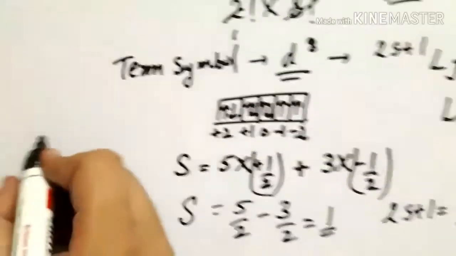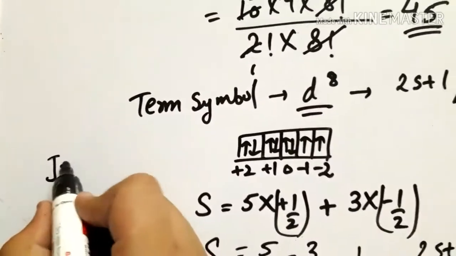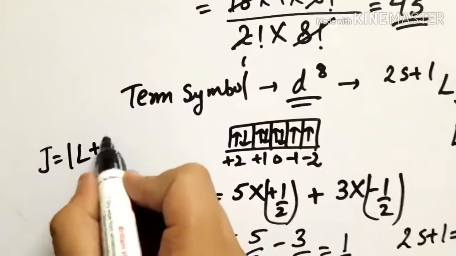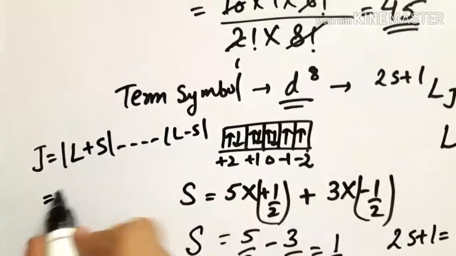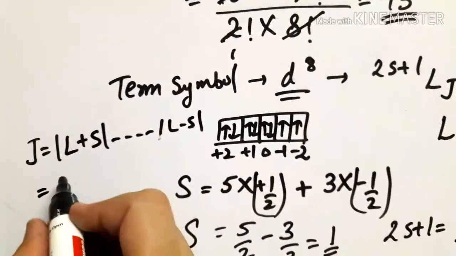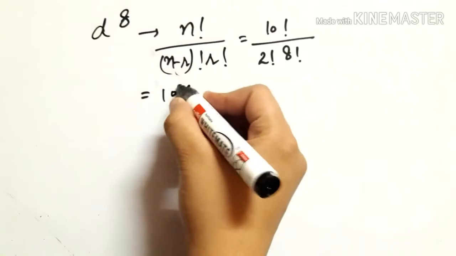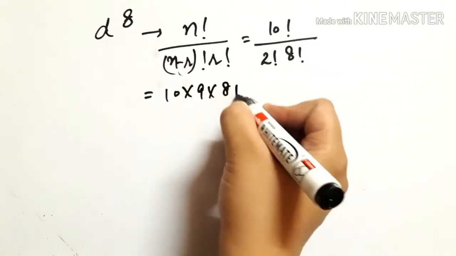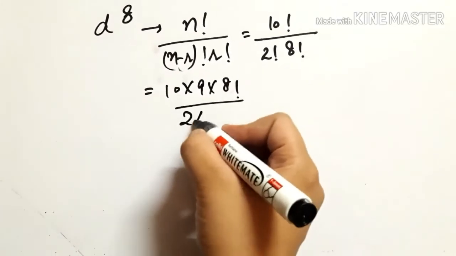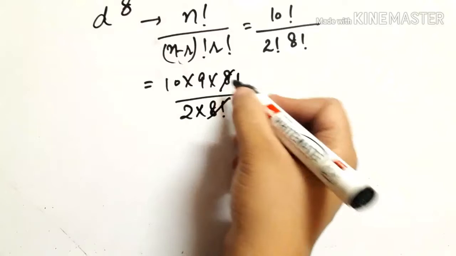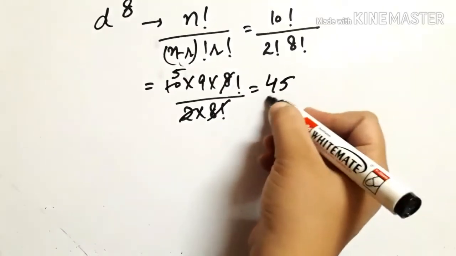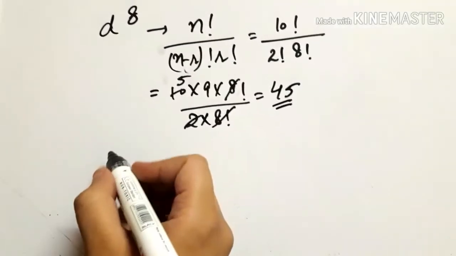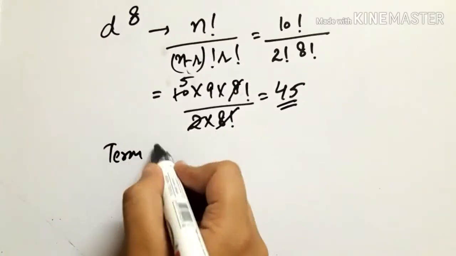Now the value of J, that is modulus of L plus S to L minus S, and so we have 10 into 9 into 8 factorial and 2 into 8 factorial. So this is cancelled out and we have 45. The value of microstate. For term symbol,